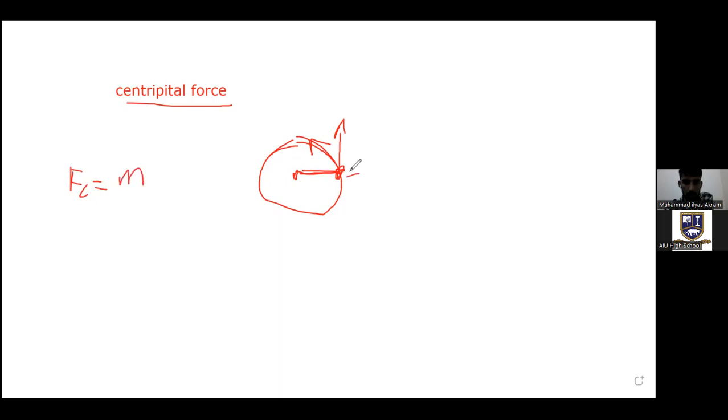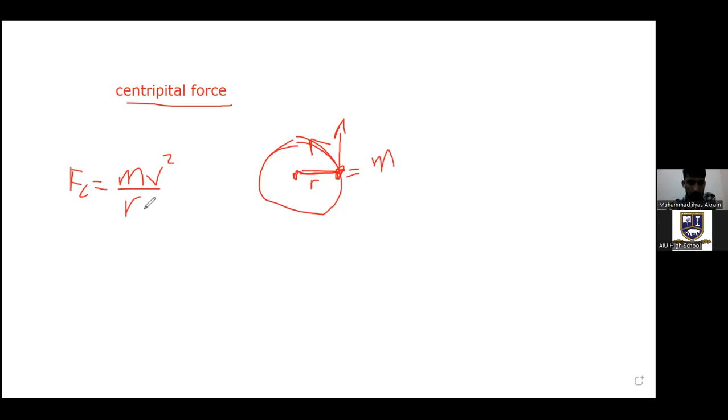This stone will have some mass m, and it is at some distance radius r from the center of the circle, and it is moving with some velocity in that direction, and that will be the square of velocity over r. That is a long derivation, but we just have to note down the formula for the centripetal acceleration. So here is the formula we can use to calculate the centripetal force that causes the body to move